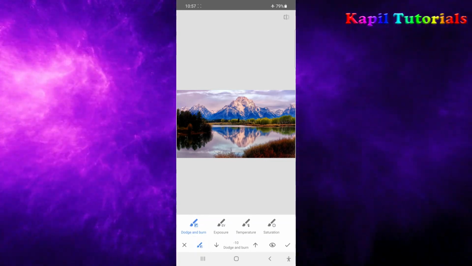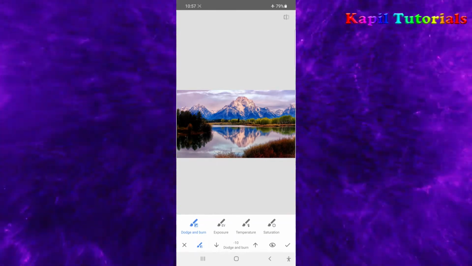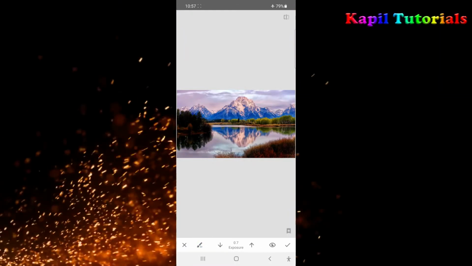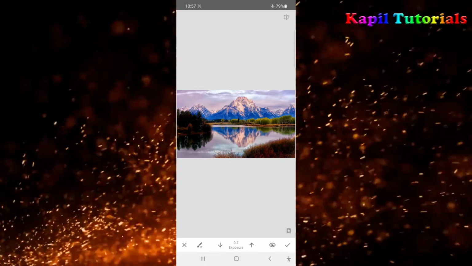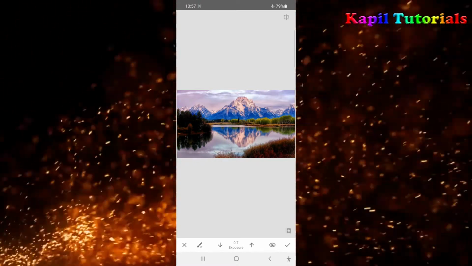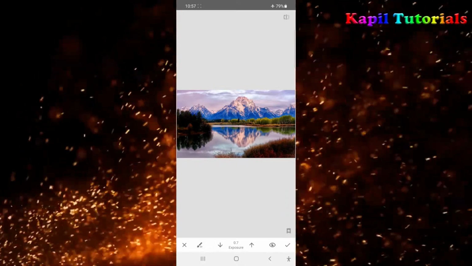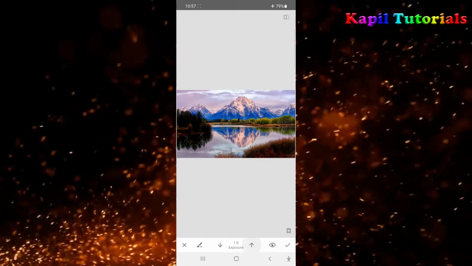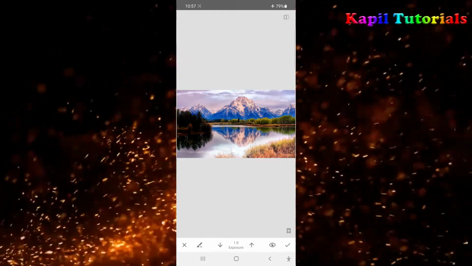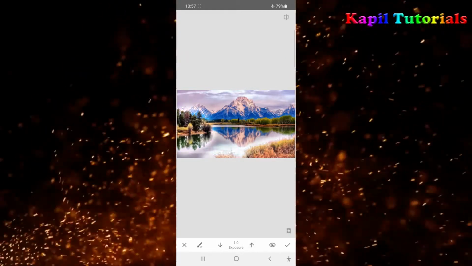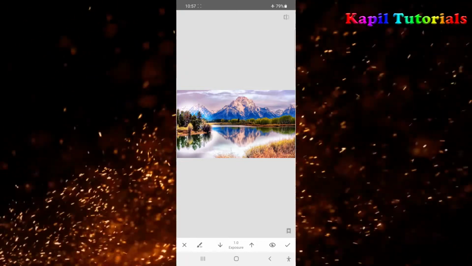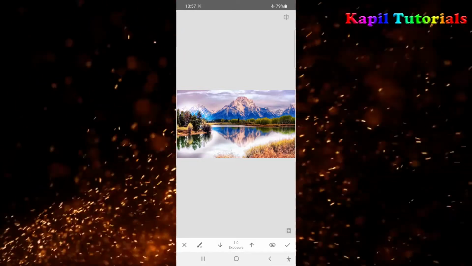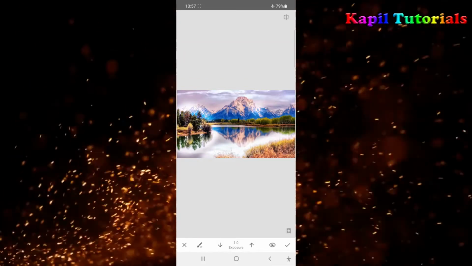Now I'll use exposure. Exposure tool I'll use. Firstly I'll show how it will work. Suppose I'm clicking upon this grass only. Just see, totally bright. So I hope this is clear. Even the same exposure tool I can use on the hills.